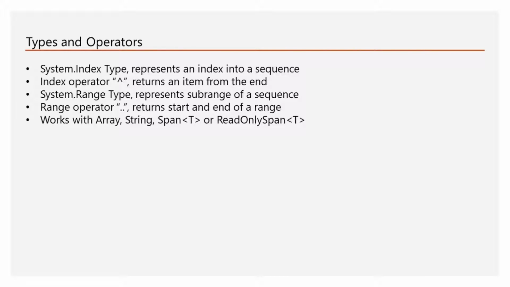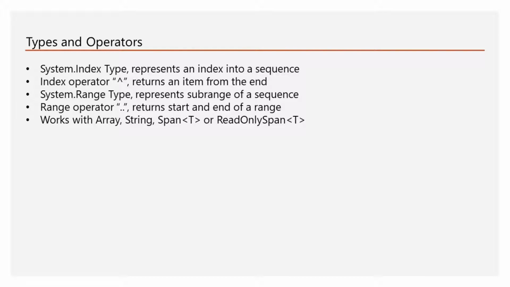Let's suppose you have an array and you want to retrieve items from that array. Then you can do two things. Either you use an index and get a particular item, or you can use the caret symbol along with the index to get a particular item. The difference here is that when you only use the index, you get the items from that array from the beginning to the end. But when you use the caret symbol along with the index, then you will retrieve the items from the end to the beginning of the array.